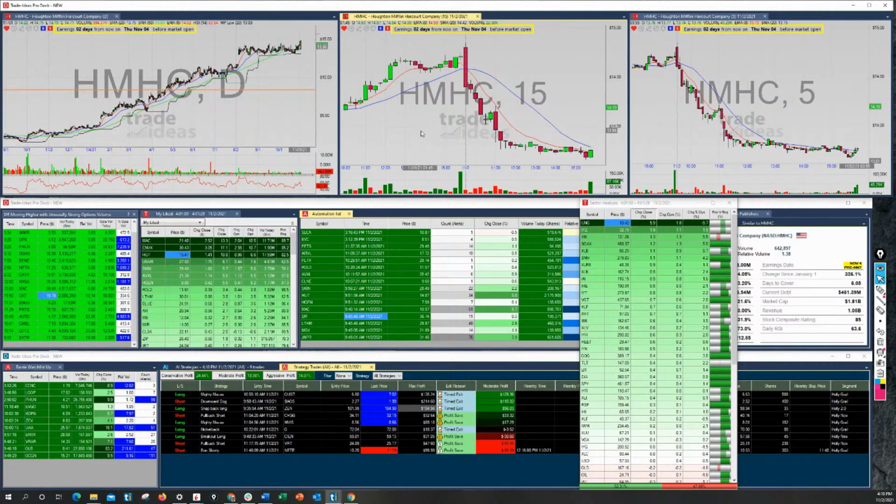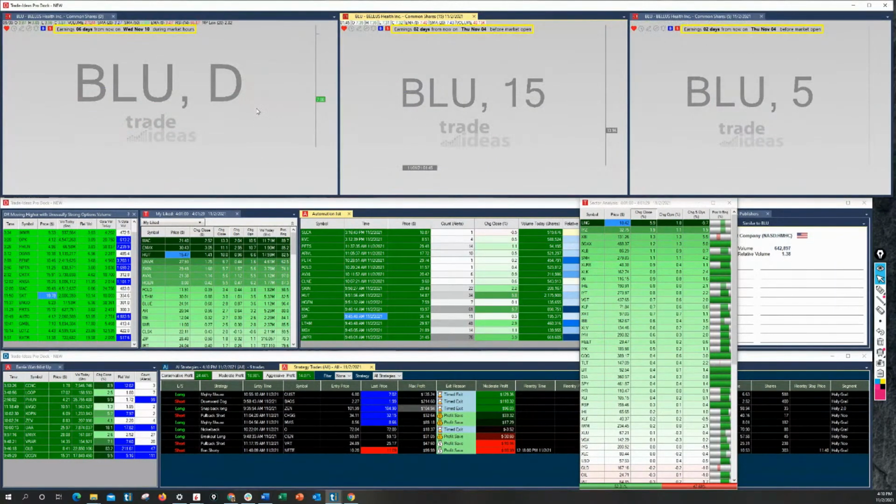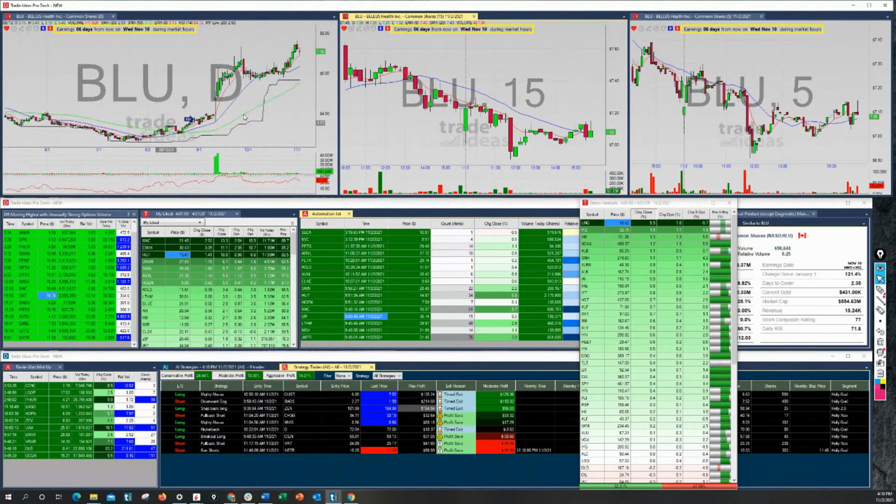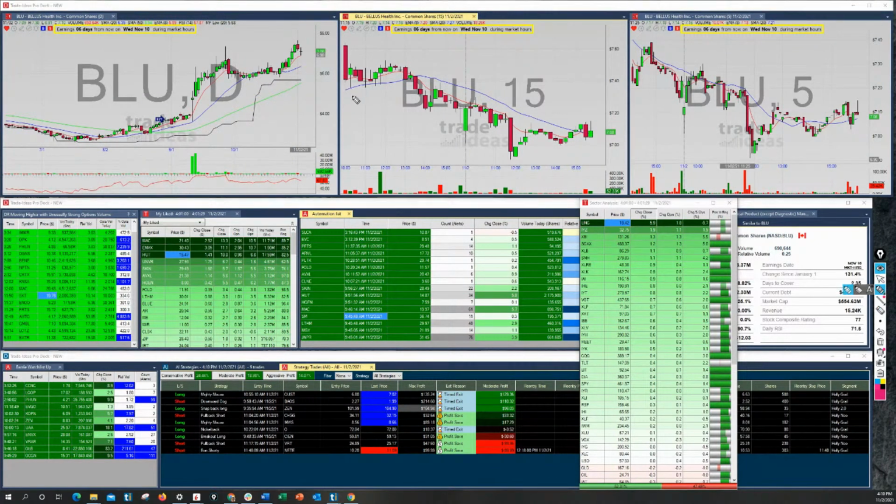I traded this. I'm kicking myself for getting out when I did. I found this, I think I had like a 610 alert or something like that back here one of these days, and I traded it. I held it through some of these down days, and then it made a couple of nice up days, and I decided I'll close the trade here on this up day. Then on this down day I got out of the rest of it, and then it went on to do this. So that was something from the strength alerts.